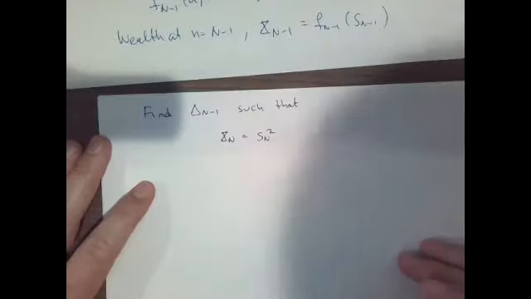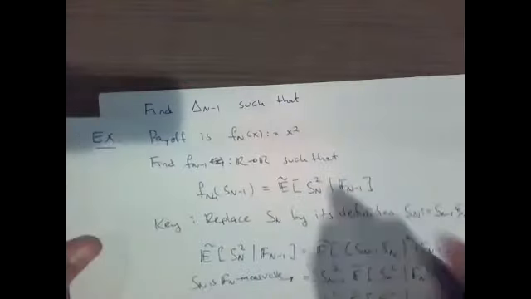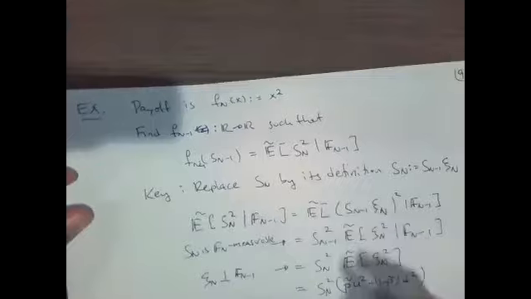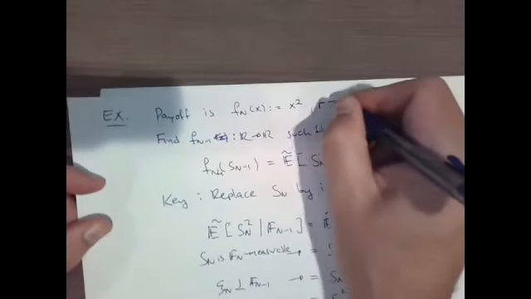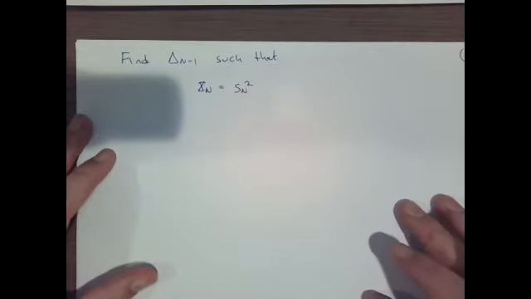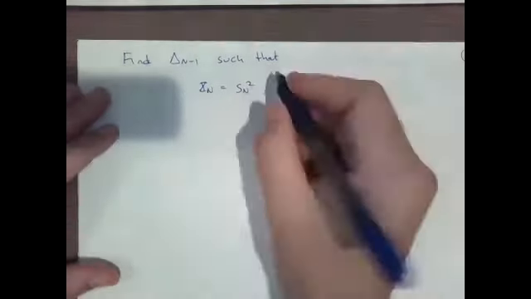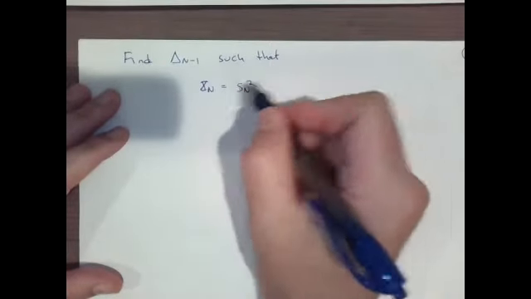This problem has an interest rate of 0. I should have said that somewhere, so we don't have to put tildes anywhere. We're just working with an interest rate of 0 for simplicity, so we don't have to discount. So find delta_{n-1} such that this is true,